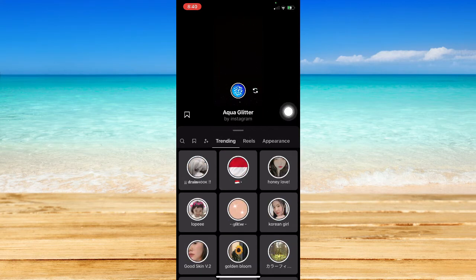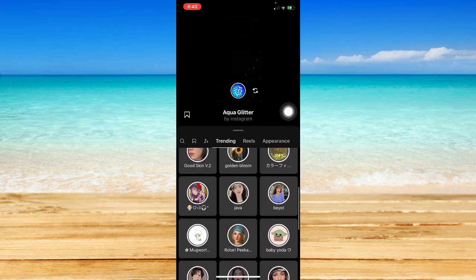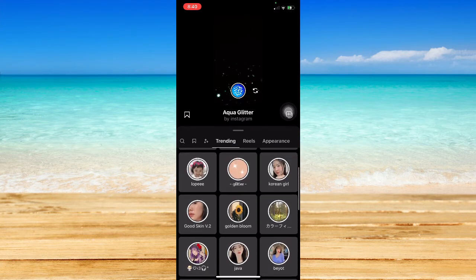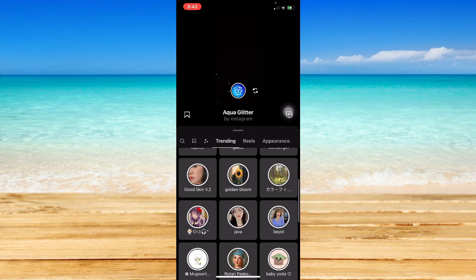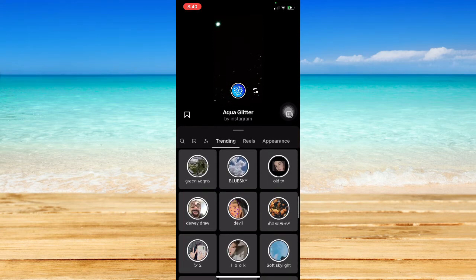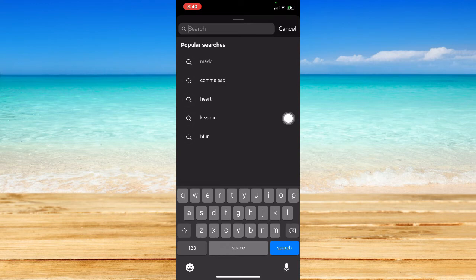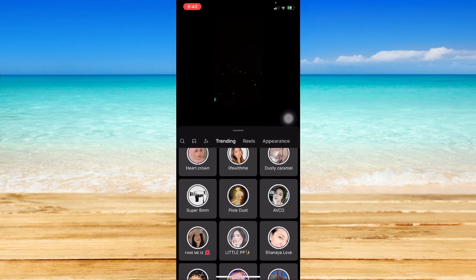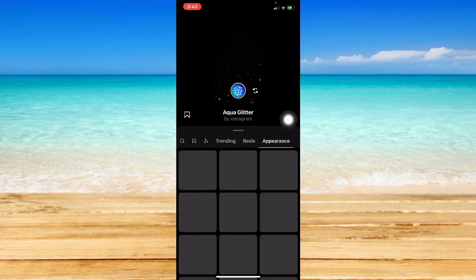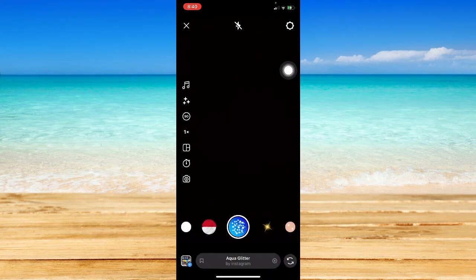So you may go to trending. So right here, you may be able to see the latest or the trending effects on Instagram. So again, you may scroll down right here and look for the effects that you want. You may also search for effects right here by clicking on this magnifying glass icon and type in the effects that you want. So you may also explore on Reels, on Appearance, and then try it out by